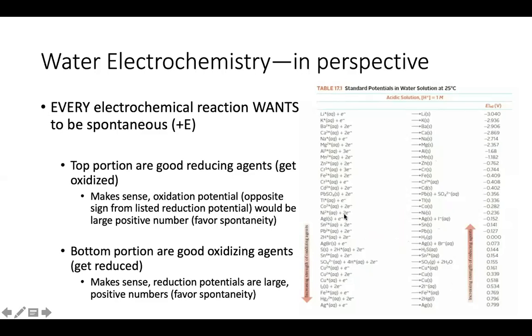We do see these trends. It says that towards the bottom of the table we have better oxidizing agents, and towards the top we have better reducing agents. So according to this table, lithium plus is the best reducing agent. What does that mean and why? Remember that reducing agents get oxidized. All of these potentials are in terms of reduction, so if those at the top are good reducing agents, meaning they get oxidized,